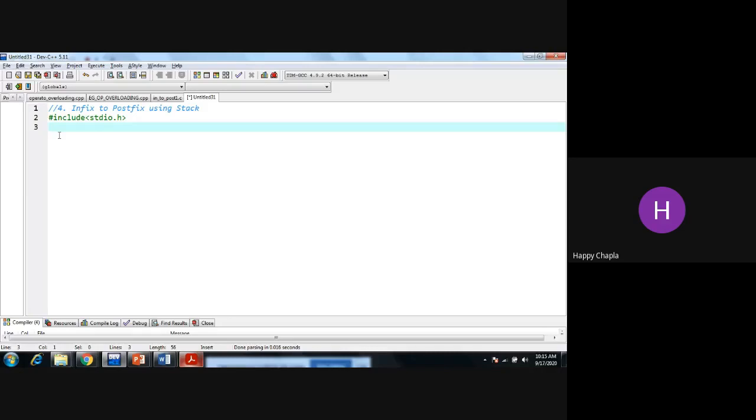I am defining that character array globally. Character stack as number, and that number is a hash define.